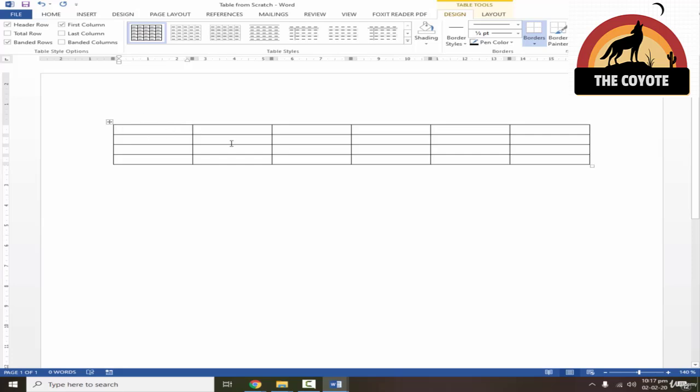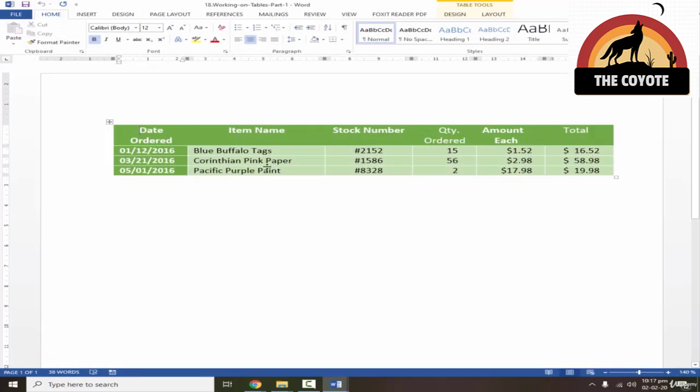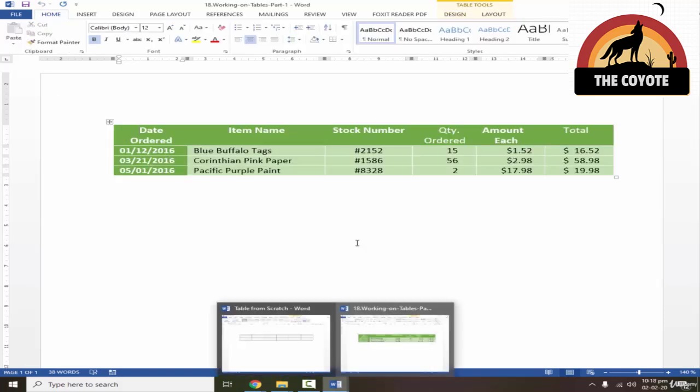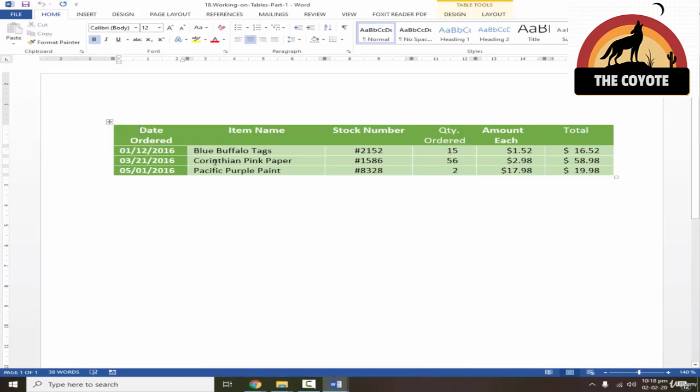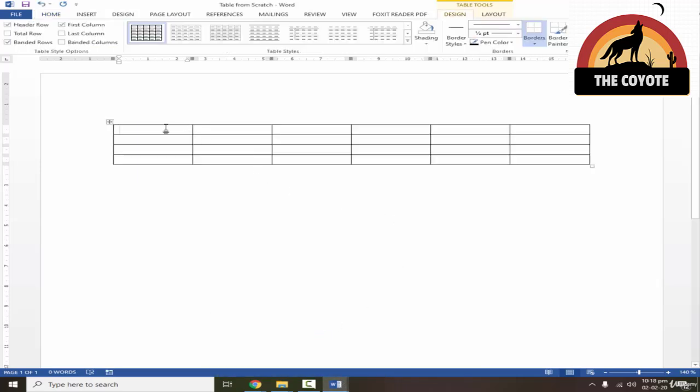Now this table looks pretty simple and well formatted, but we can easily format this table. If you notice on this table, we have a little white space, but if we compare it to our table, it looks a little bit congested. But that's really simple.